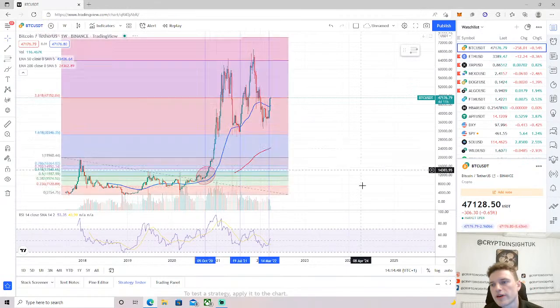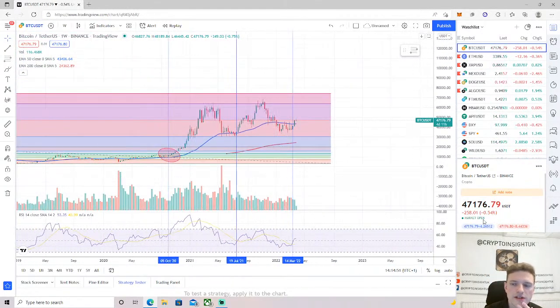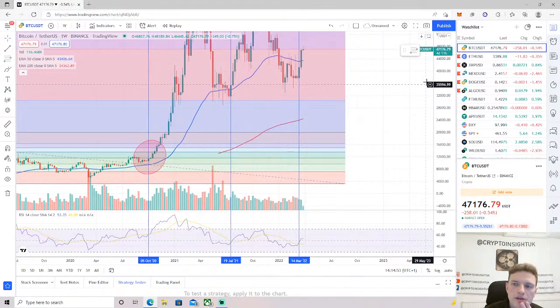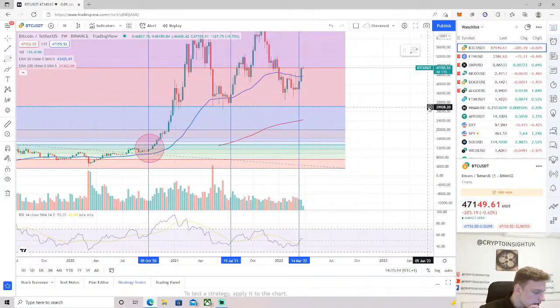And I found a really interesting pattern on Bitcoin, which I did talk about again on Twitter, and this is why I played some leverage trades the other week. By the way, I just want to say one thing: nothing's gospel in trading. They just give you an idea of what potentially could happen. But it's not like, oh, it happened once before, it happened twice before, it happened 3 times before, it's definitely going to happen again this time. It's just an indicator because it indicates that something could happen. It doesn't mean that it is going to. So in this scenario,